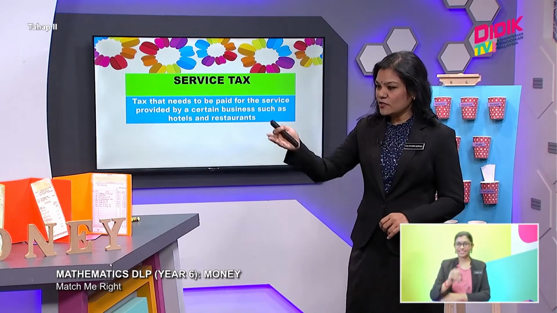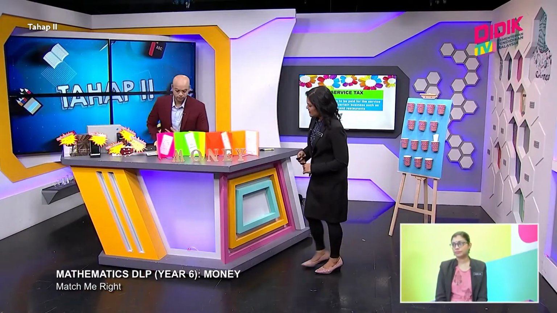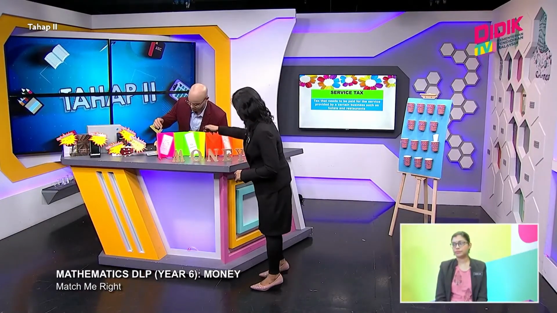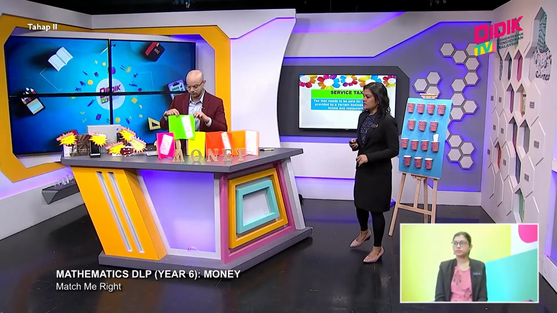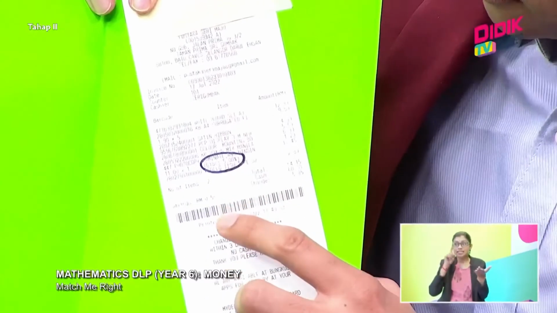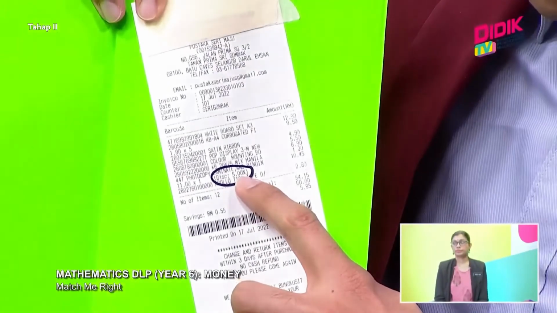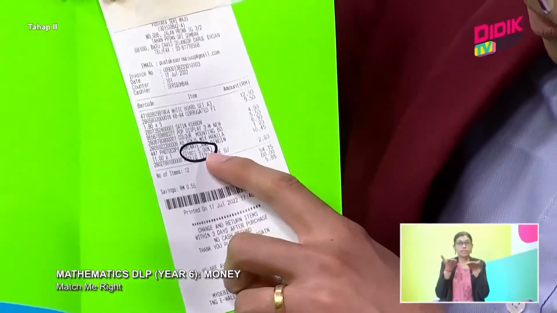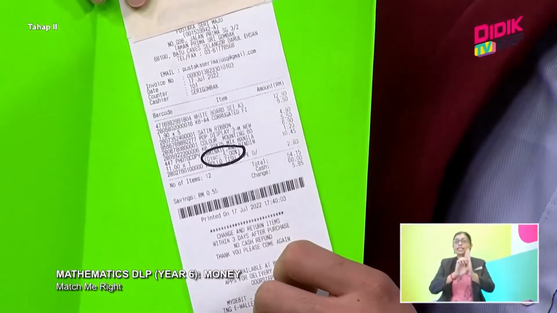Can you show the text from here? For example, this one is circled there. So I'm just going to lift it up and show it to the camera. So here you can see there is a 5%. It's tax, right? 5% tax. Yeah, correct. So that's an example.